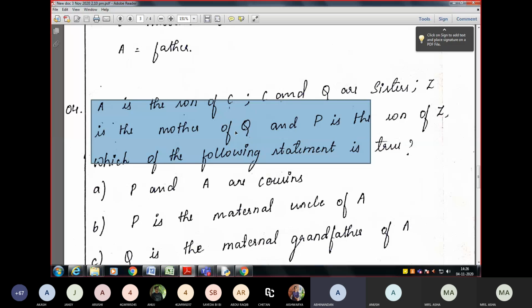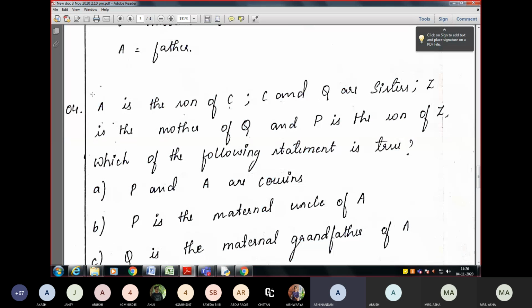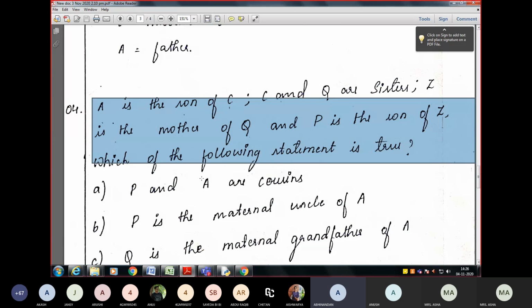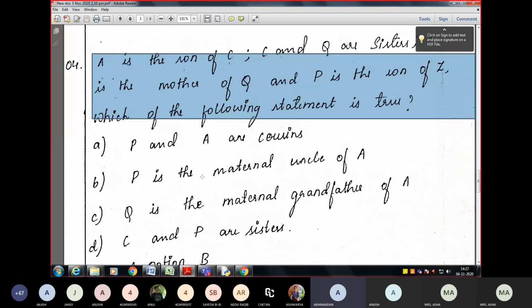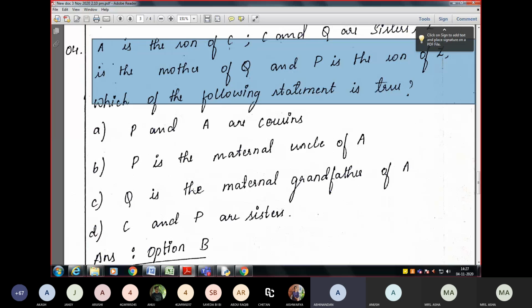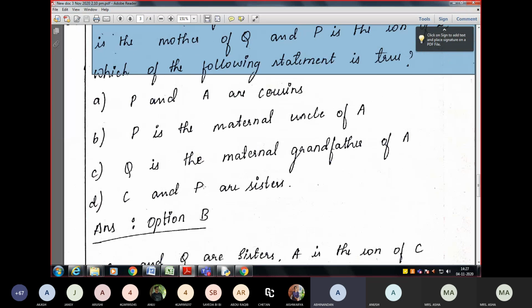In this question, A is the son of C and C and Q are sisters. Z is the mother of Q and P is the son of Z. Which of the following statements is true? Options are: P and A are cousins; P is the maternal uncle of A; Q is the maternal grandfather of A; and C and P are sisters. From the question, we could say that option B is correct because